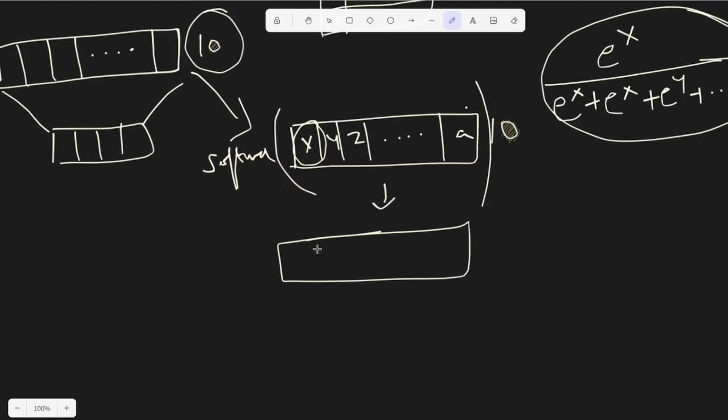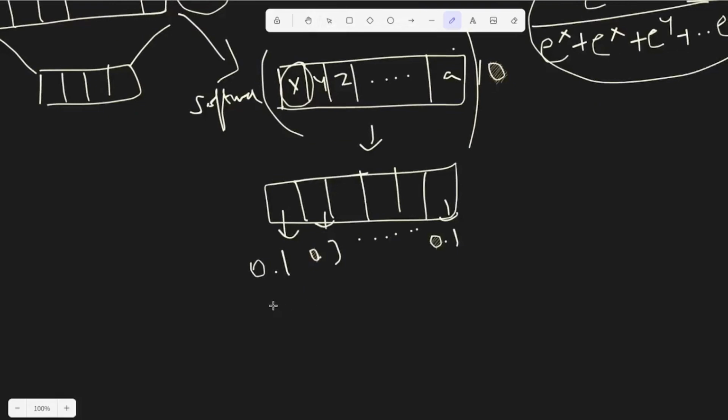And then what really happens is that now we have a vector that consists of 10 spaces, and each space, the output is a probability: 0.1, 0.3, and it goes on until 0.1, and all of these add up to 1 because it is a probability distribution. It is a property that when we're representing a probability distribution, they add up to 1. So now that we have this, we take the one with the highest probability, let's say this one,